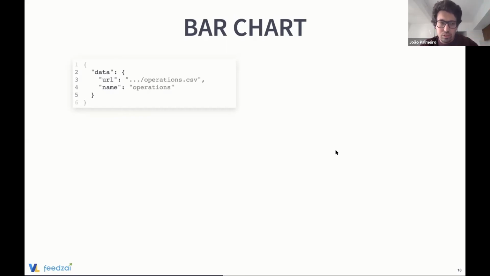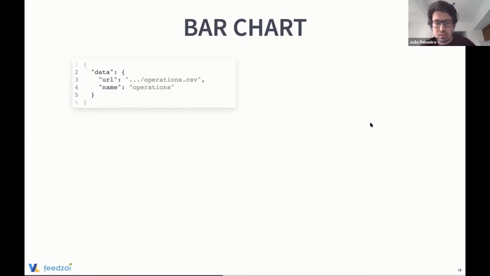So first of all, we declare the data. Our data set is in a CSV file, and no chart at all. I think it makes sense because we just declared the data. We are not mapping anything of our data to any visual element.